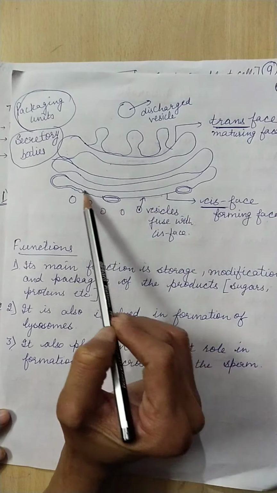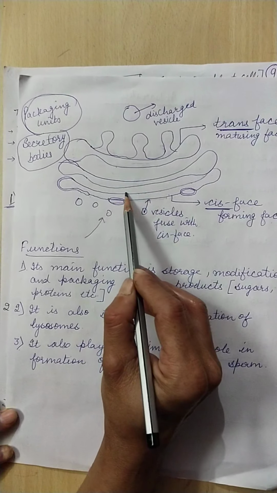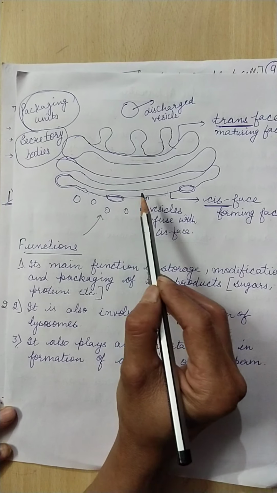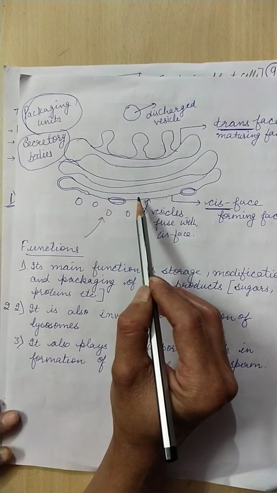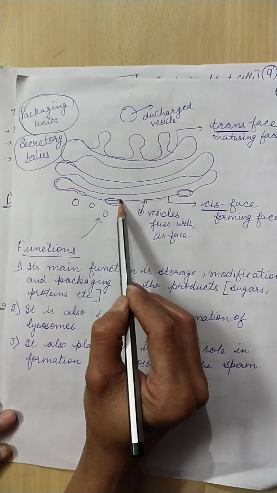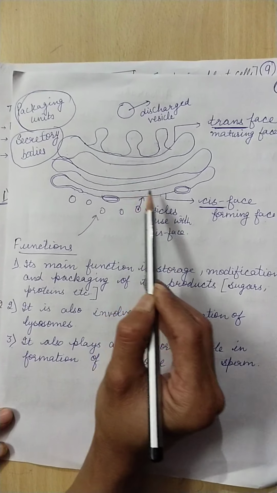All the materials from the endoplasmic reticulum reach the cis phase and there they get modified, and from there they reach up to the trans phase, because the packaging is taking place in the vesicles at the cis